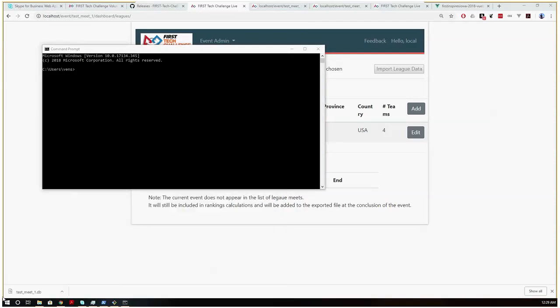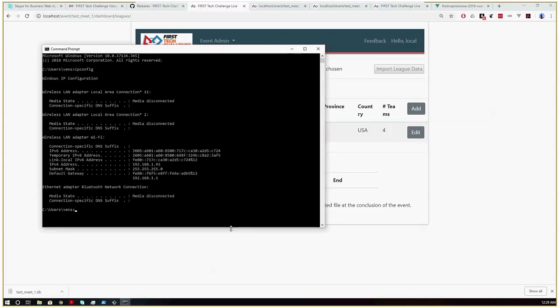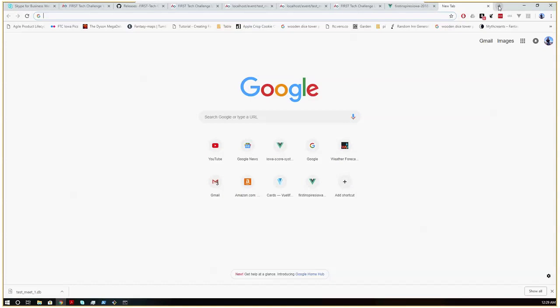I don't know why that keeps hiding. I think that's a Skype thing. But if you can get to a command prompt, you can then type ipconfig. That's it. Sorry, use Linux too much. So if you type in ipconfig, you will then be able to find in here your IPv4 address. So in this case, it's 192.168.1.93. So if I go into a browser connected to the same network, even if it's not the same computer,